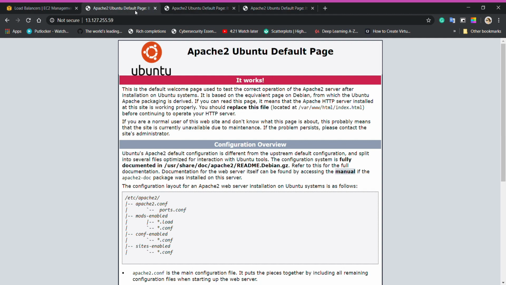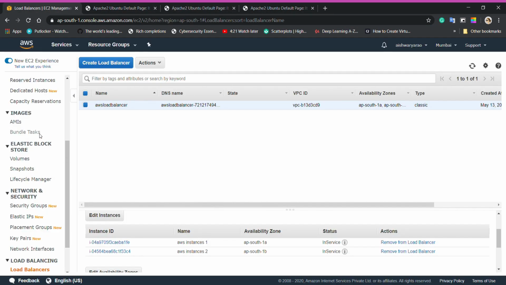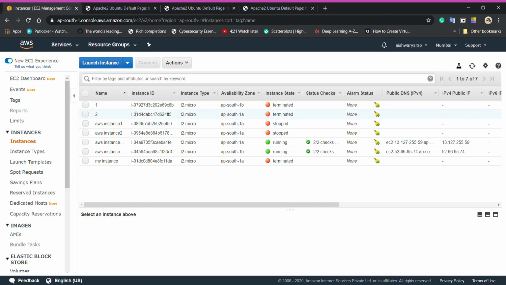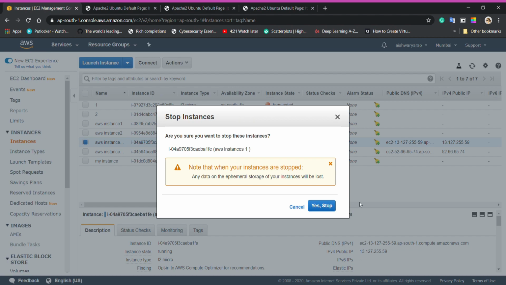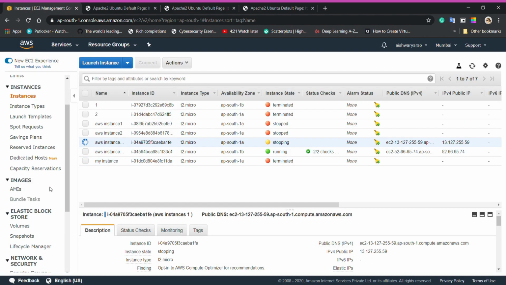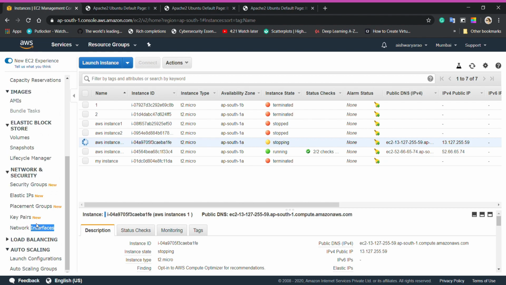If I give a hard refresh, you might not be able to see the difference, but my load balancer is actually hitting EC2 instance 1 as well as EC2 instance 2. I'll go back to my instance and I'll stop one of my instances, let's say AWS instance 1, and I'll just stop it, and I'll go to load balancer just to confirm.